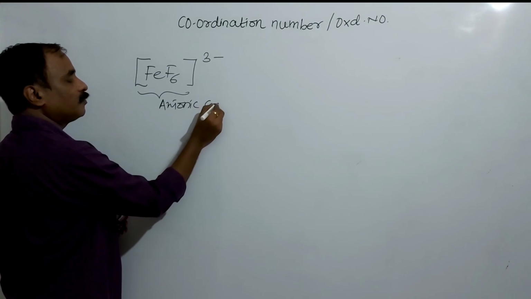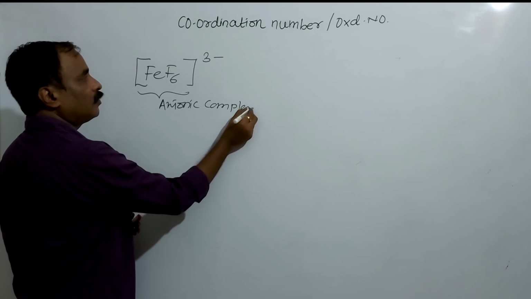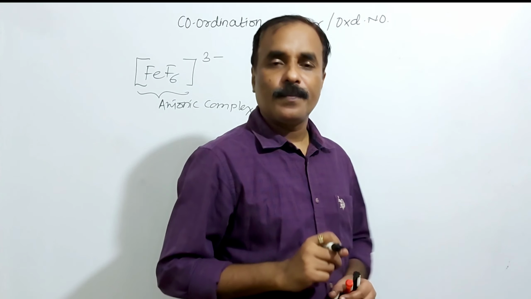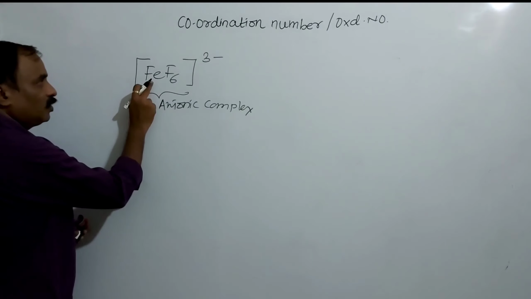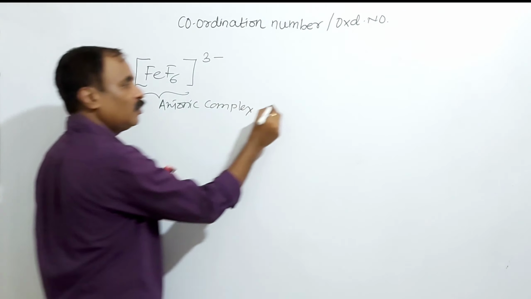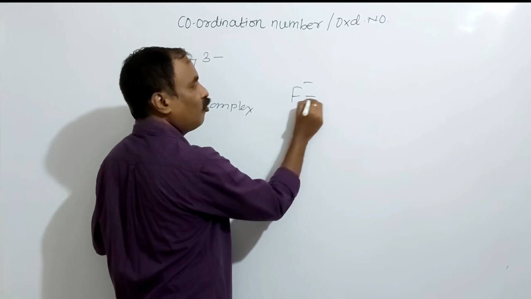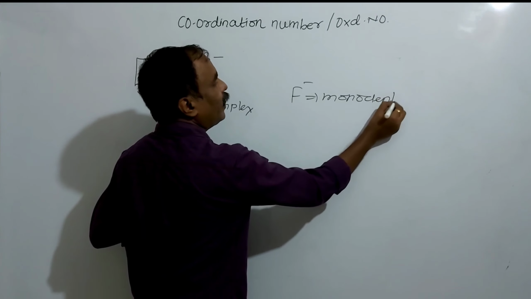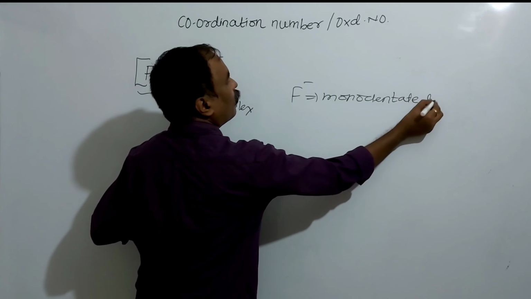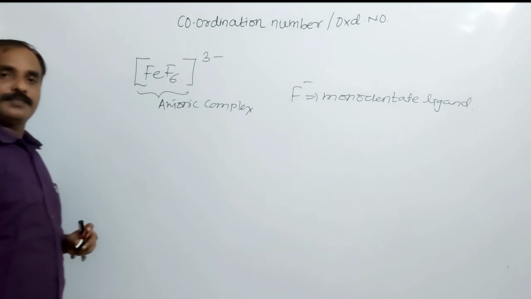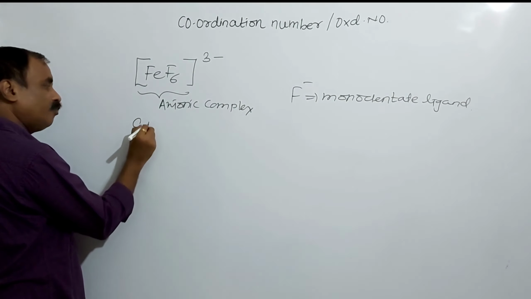This iron is surrounded by 6 F minus. And we know that F minus is what? Monodentate ligand. So here the coordination number of iron